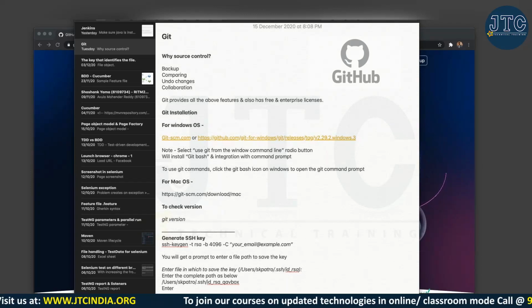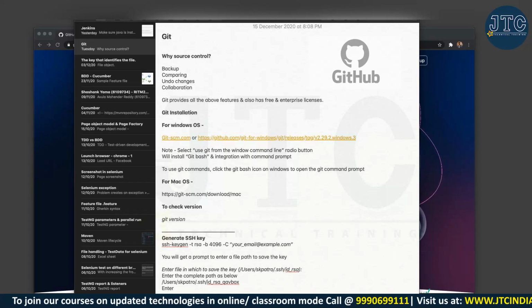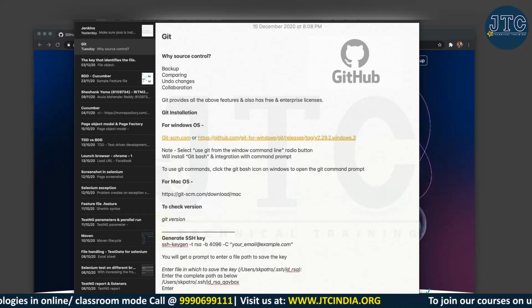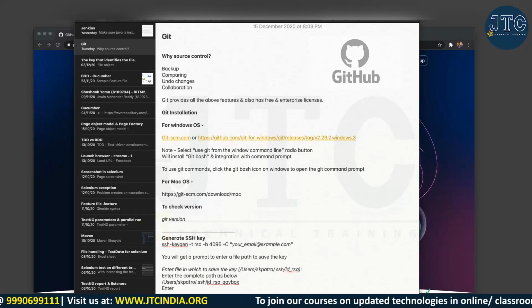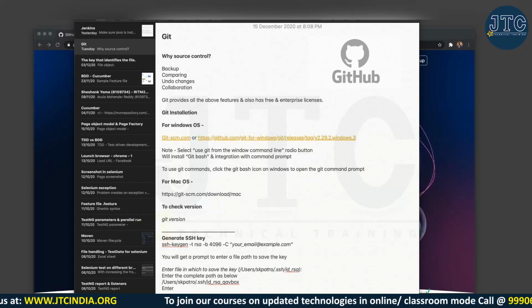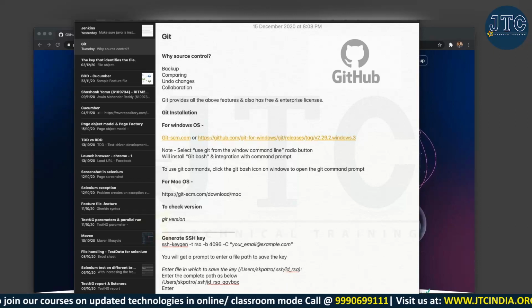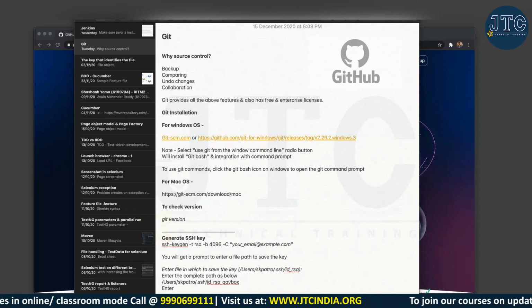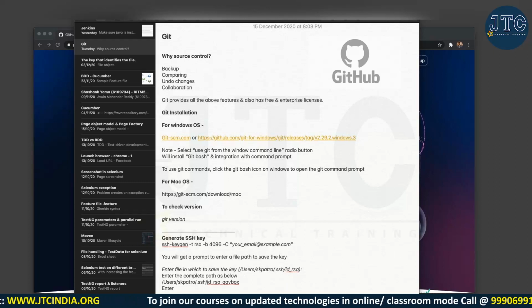So Git provides all of the above features, and it is also free, meaning open source: anybody can create an account. They also have enterprise licenses for more customization. They can build a team, make a project, and customize any kind of authentication. All those security features stay inside the enterprise, so that no outside person can tap into it.